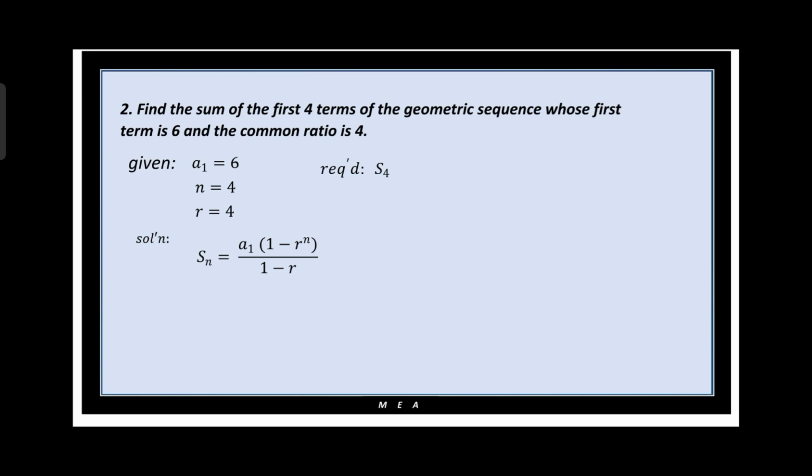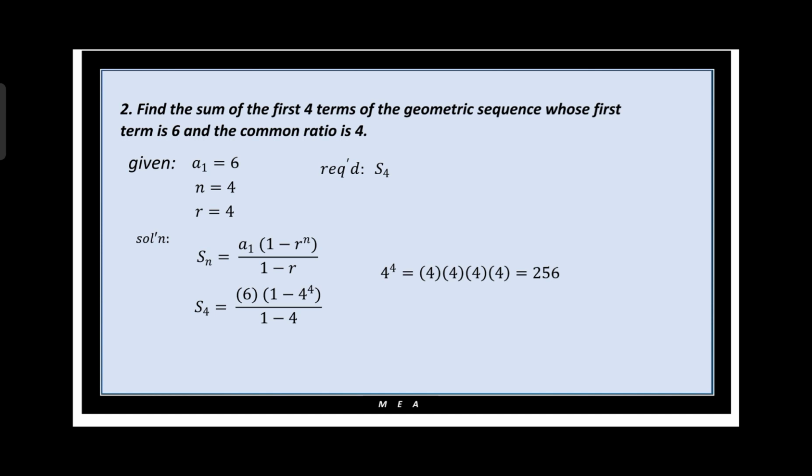So, solution, sulat uli natin yung formula para lagi natin siyang matandaan. S sub n is equal to a sub 1 times the quantity of 1 minus r raised to n over 1 minus r. Substitute na natin yung mga given values para makuha natin yung S sub 4. So, ang a sub 1 natin ay 6. And then, times the quantity of 1 minus yung r natin ay 4. So, 4 raised to 4 over 1 minus 4. Yung 4 raised to 4 is the same as 4 times 4 times 4 times 4